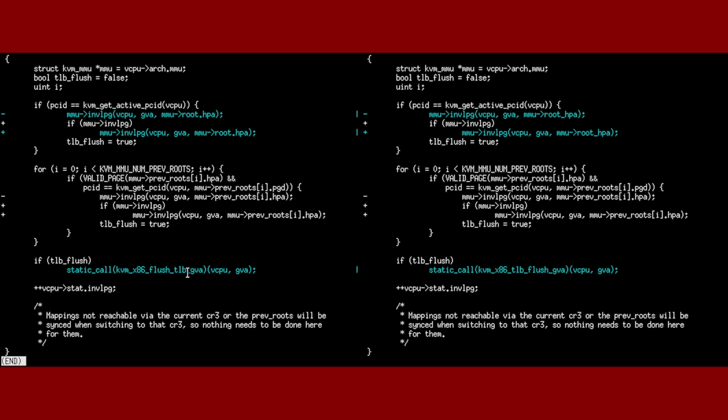And here we can tell, actually this is also a bit subtle, but this one here, it's static call kvm x86 flush tlb gva. Here it's tlb flush gva, so it's just reordering this. Probably it was a name change, and it shouldn't be relevant to the patch that we're backporting,